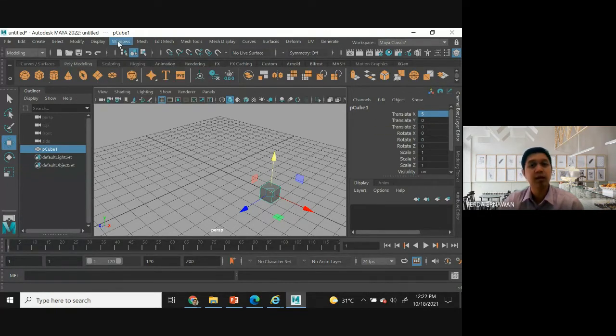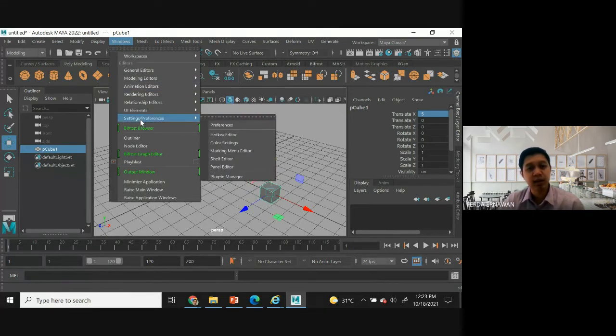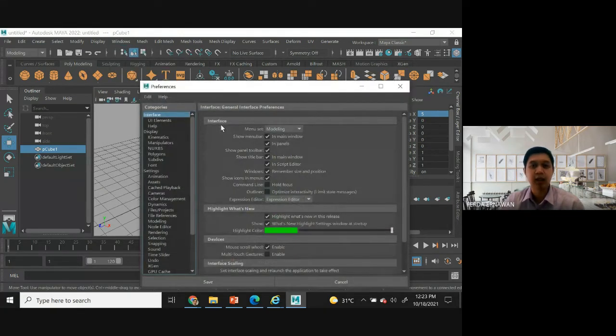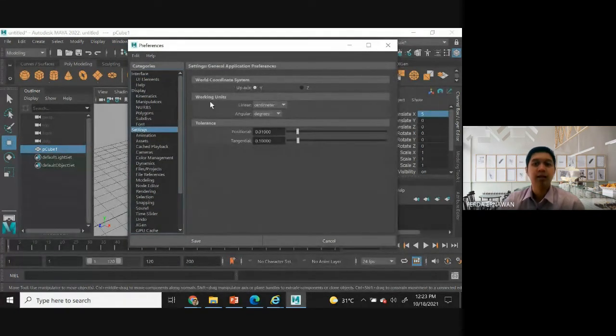You can click Windows, choose Settings/Preferences, and then select Preferences like this. Then you can go to Settings. You can see here linear: centimeters. This is the unit that we want to measure.